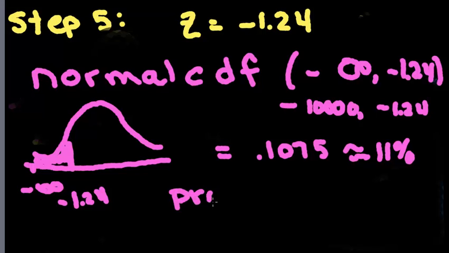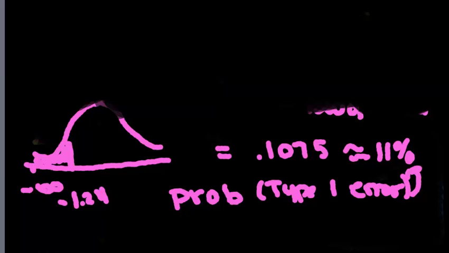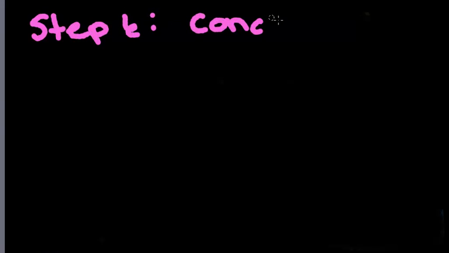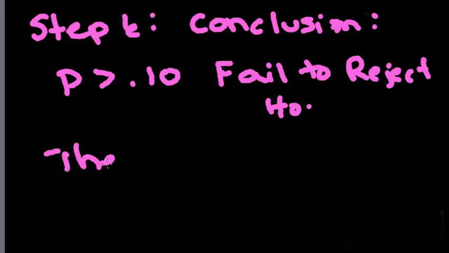So that means the probability of making a type 1 error is 11%. Or the probability that I reject the null hypothesis when I am not supposed to is 11%. Usually you want your p-values to be under 10% at least, if not 5%. So in this case, because it's 11%, we're going to make our final conclusion, step 6, conclusion. We're going to say since p is greater than 10%, we're going to fail to reject H naught and say there is no significant difference